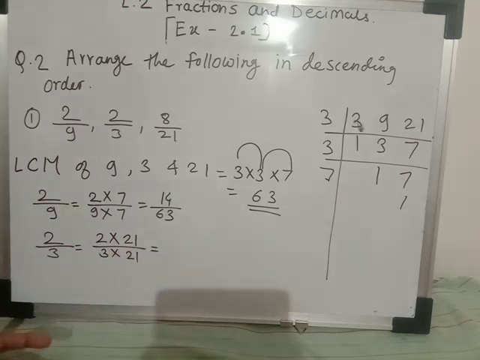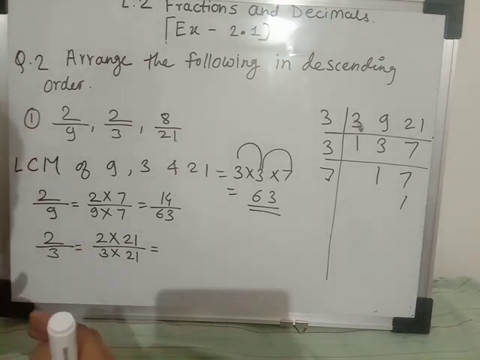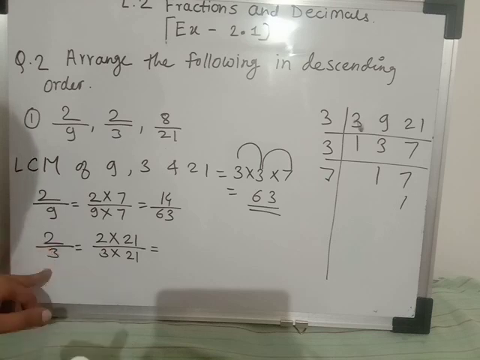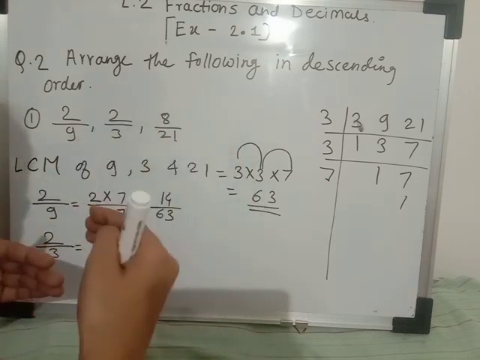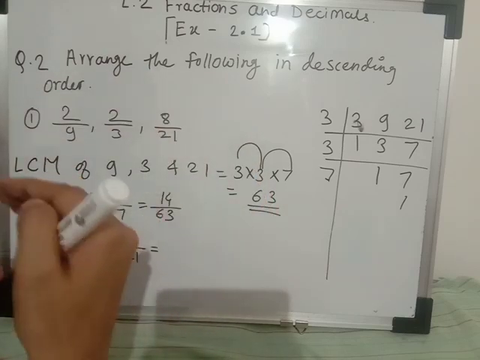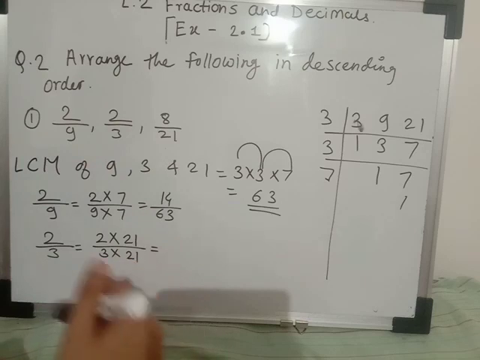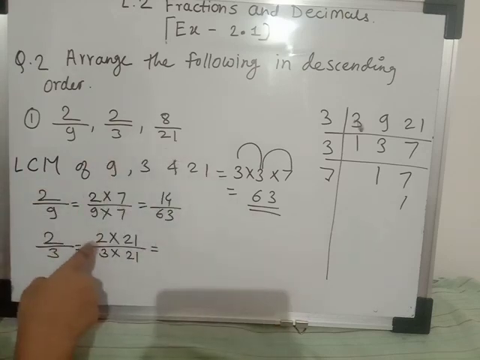Now some students might have a question: teacher, how to decide कौन सा नंबर हमको लेना है उसको मल्टीप्लाई करने के लिए कि जो हमारा डिनोमिनेटर सेम आ जाए. So you have to see that divisibility. Okay, sorry, multiplication करके आपको ये देखना है कि हमारा जो डिनोमिनेटर है उसको वो सेम आ रहा है कि नहीं. So from there you have to decide which number you have to take to multiply to make your denominators equal.